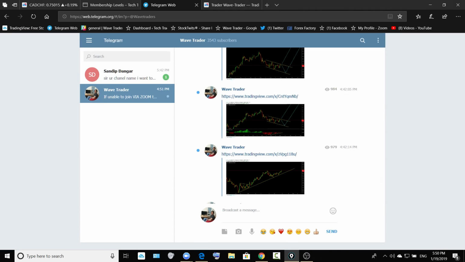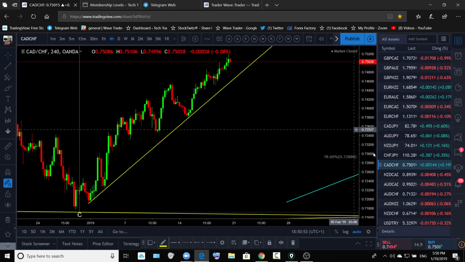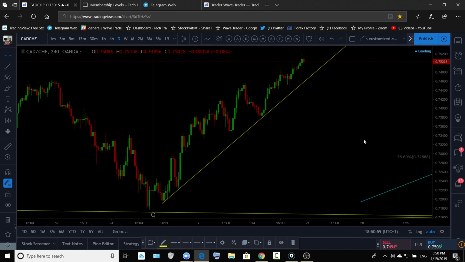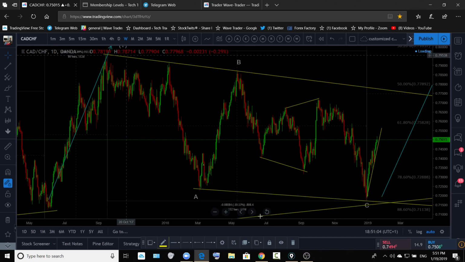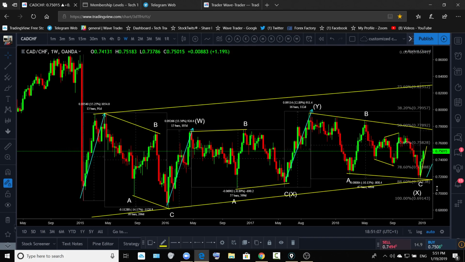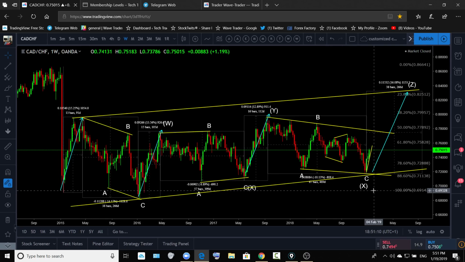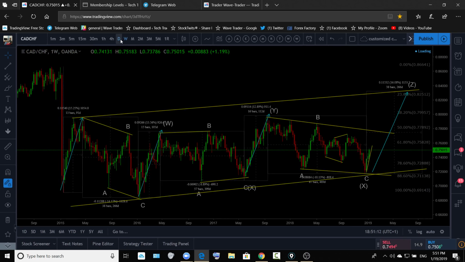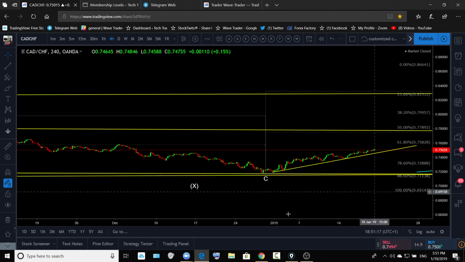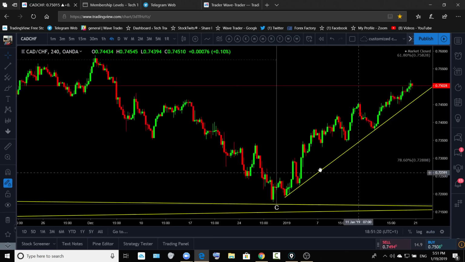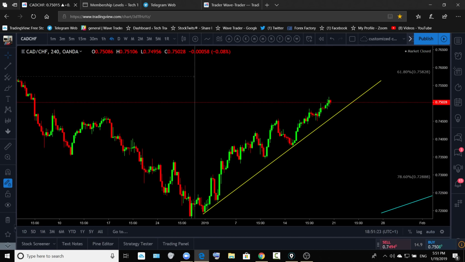Or that might be a longer term reversal. Yeah, so we are a longer term buyer on the oil, looking for a longer term reversal. And Dollar Chief just keeps forming corrections and keeps pushing higher. All right, that's the chart, looking for this bullish move on the dollar, on the CAD Chief. And on the lower time frame, you guys are looking for corrections, and those corrections to continue to go higher. All right. Okay, so correction, another correction, and continue to go higher.